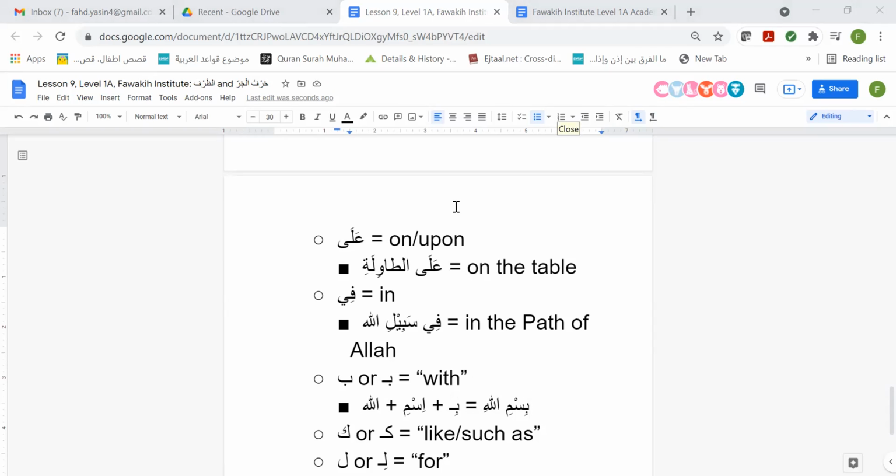Can fi be translated as for? It can be. That's a very good question, in fact. Yes, it can be. I would venture to say that 80% of the time it's safe to translate fi as in, but it can be translated as for. So you bring up a good point, and it's a tangent, but it's a useful tangent to know.